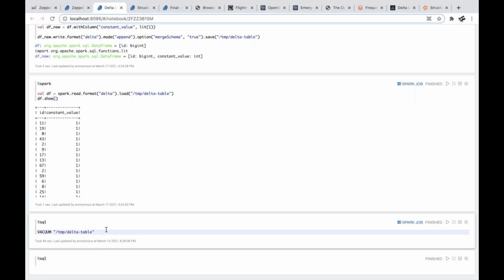And the last command which I would like to mention is vacuum. Basically, we can give a retention for the data, and whenever we run this vacuum, it will clean out the older data defined by the retention period. Default is 7 days, so if I run it, it will clean the data older than 7 days. But you know, this is a manual operation, and you need to do it once you have too much data, or small files, or something like that. It's not a regular operation, and you don't need to do it every day, right?